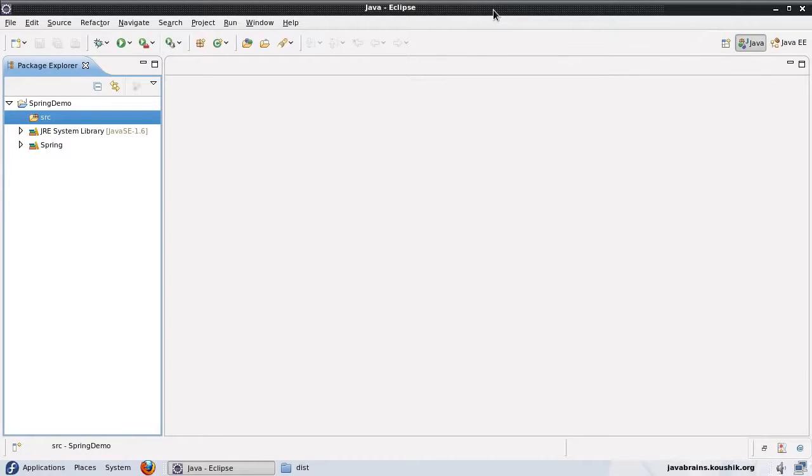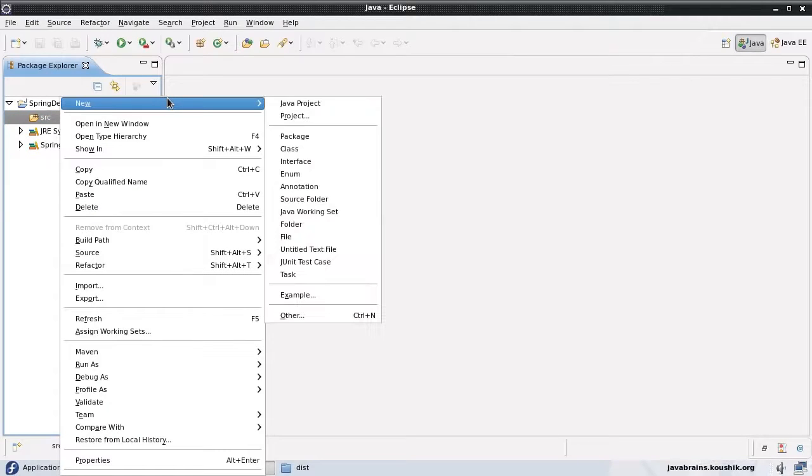Hi and welcome. In our previous tutorial, we learned what the factory pattern is, and we learned about the bean factory of Spring. In this tutorial, we're going to go hands-on. We're going to write code which uses the bean factory to instantiate the objects that we want. So first, let me start off with writing a class with a main method that kicks off the execution of